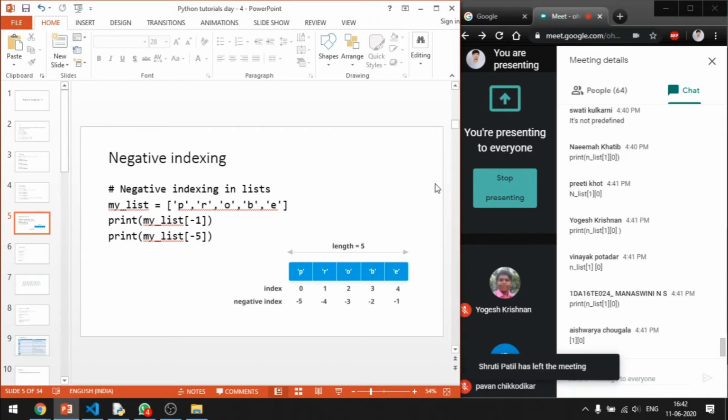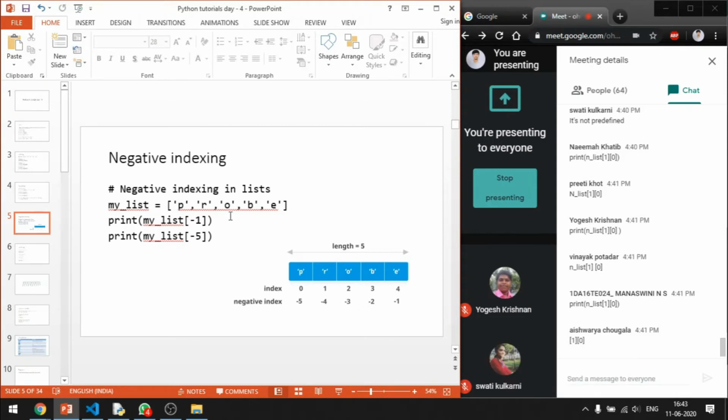We'll see negative indexing. In negative indexing, we'll reverse it. See, positive indexing always starts with 0, and it's in the conventional way. It starts from the left side towards the right side. But in negative indexing, you're starting from the right towards the left, and it starts from -1, not 0. Please do remember, it starts from -1, not 0. Right? -1, -2, -3, -4, -5. Hope you have made a note of it.